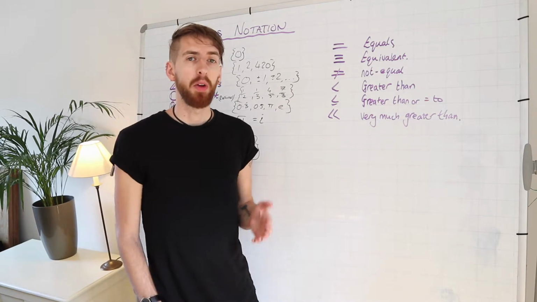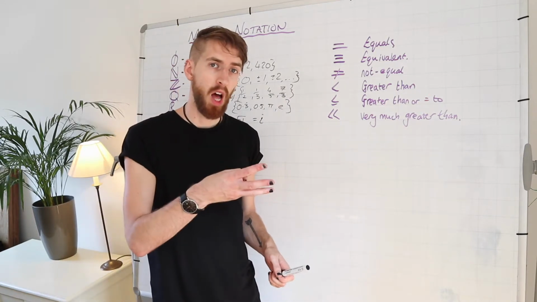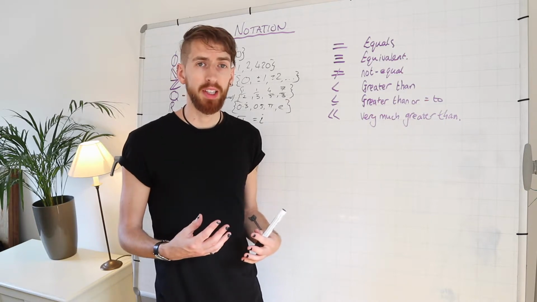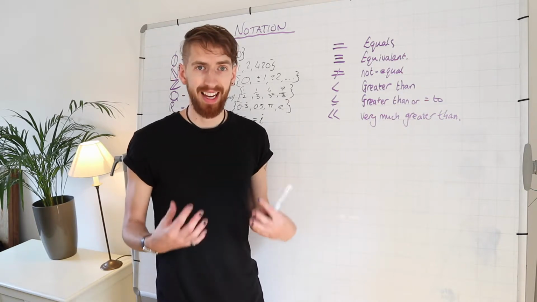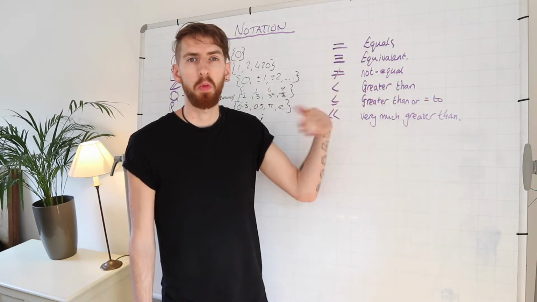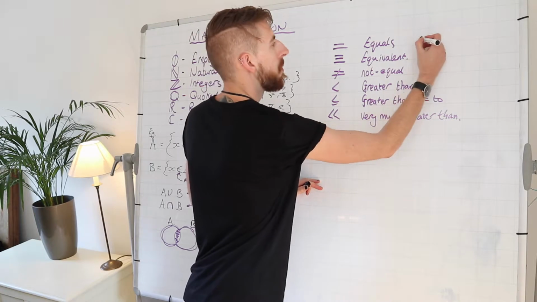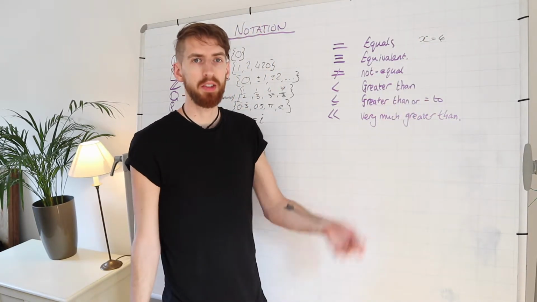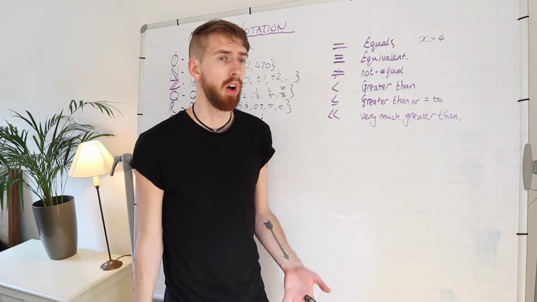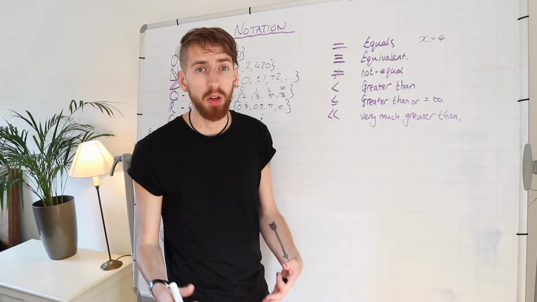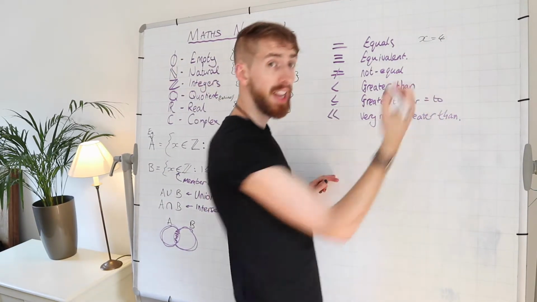After that, we've got this sign. It's 3 lines, like an equals, but there's 3 of them. It's equivalent, but it's also known as identical. It's an identity. The difference is equals says that in some situations we have, like x equals 4. That's x only equals 4 when x is 4. However, equivalent is when something is always true. This is like